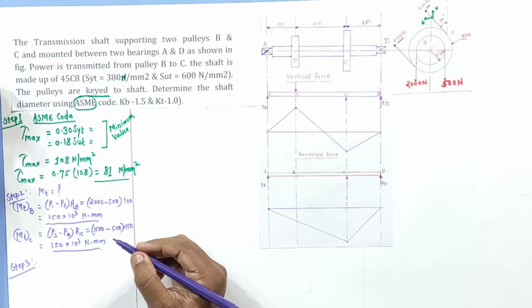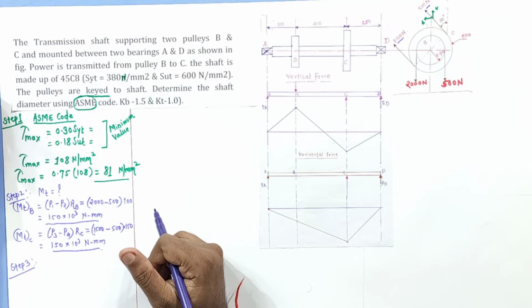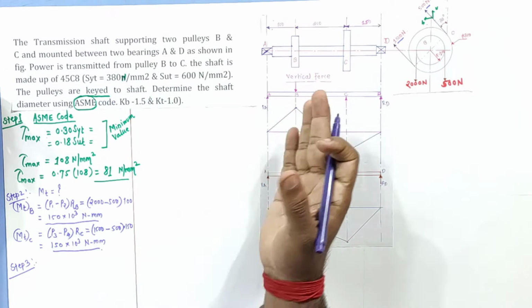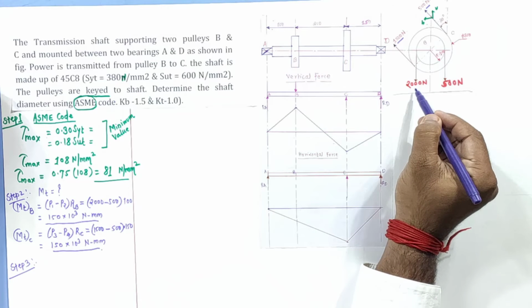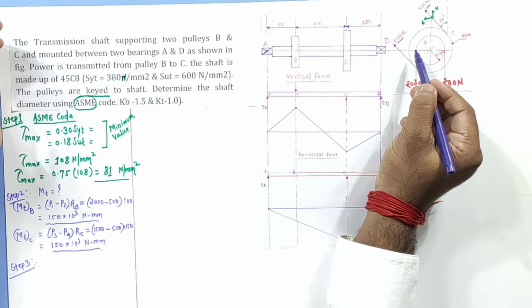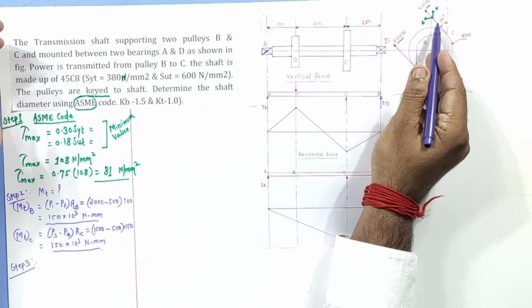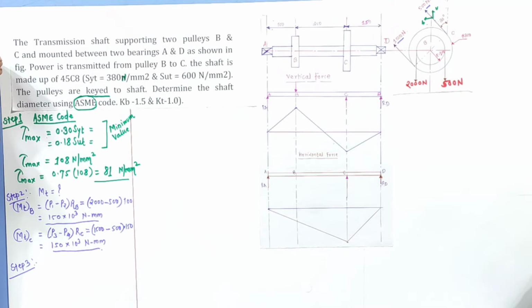our next step is to calculate the moments, the bending moment, because through it we can design. To calculate the bending moment from the structure, it was realized that vertical loading is there in the case of the smaller pulley, 2000 Newton, 500 Newton. And for the bigger pulley, 1500 and 500, which is inclined at 30 degrees. So I will have to resolve the inclination first of all, that is very important.